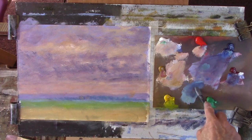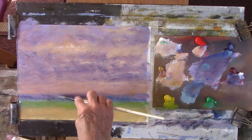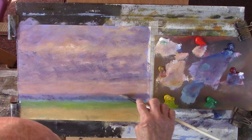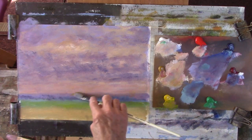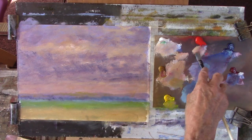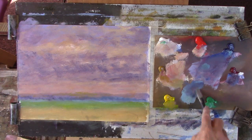It's a bit obvious. Here, hope it's not mine. I prefer that colour to the distant blue. I'll add a bit of